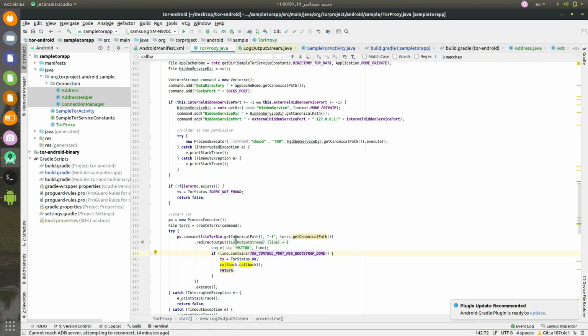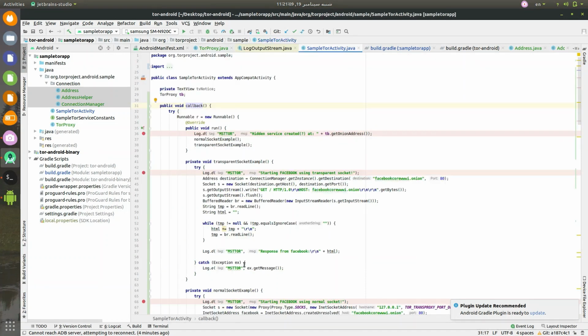If the output line contains this message, so Tor is installed and running perfectly, so status is okay, and we should call the callback. Actually, it's a sample code. You can implement your default callback method. Okay, after calling the callback,